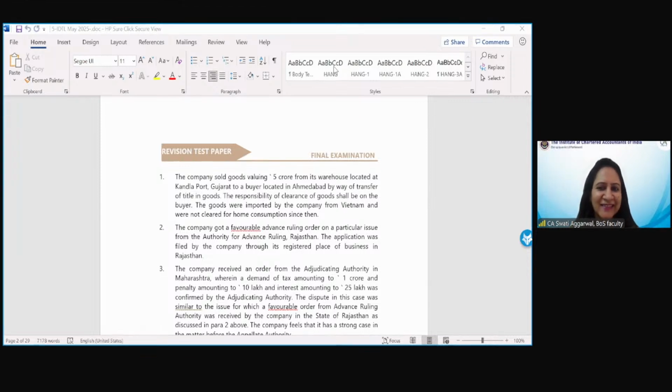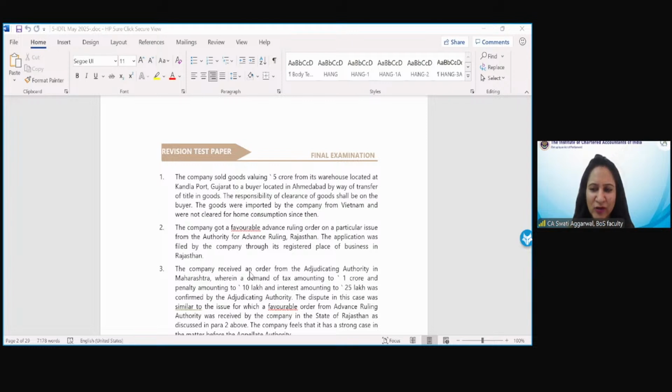Prashant, let's see. Yes, it's good that you are thinking in your mind, but all the provisions might get attracted in that particular case scenario. It's good. We will see. We will see forward what all questions have been asked based on these provisions and whether your clue is right or not, right?